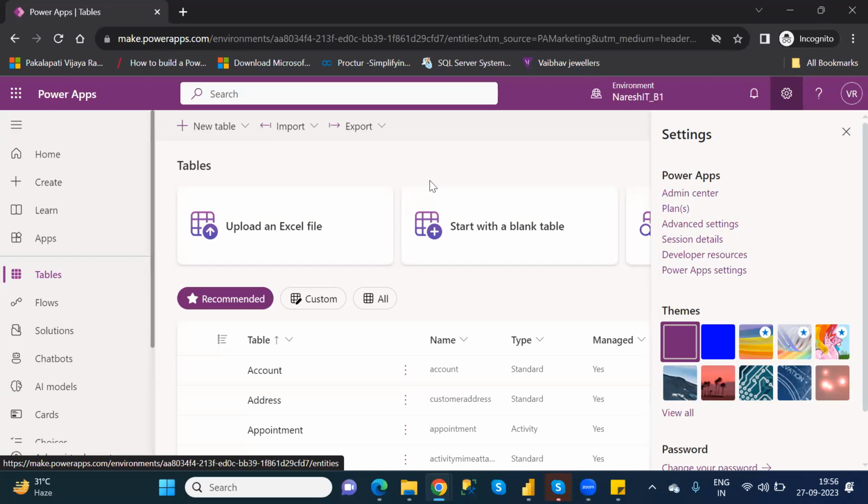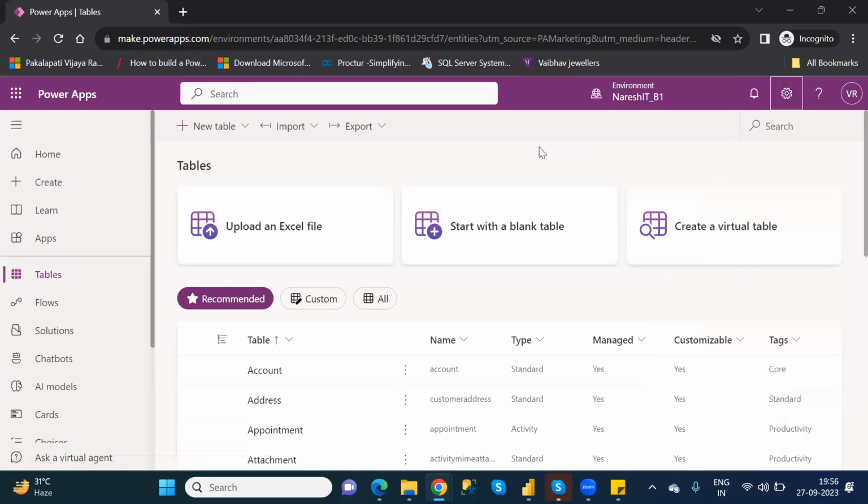And you must do it, because we need to store the data, right? So that's the reason a database is required. Understand? If you set it at the time of creating an environment, it is not required to create it again. If you forget to create it, in tables also you can create it. Understand? So when I click on tables, what will happen?